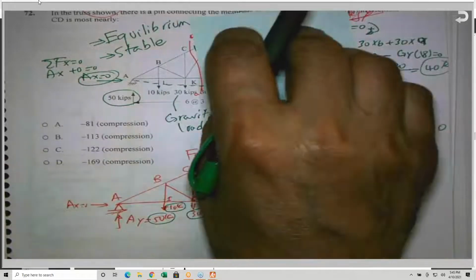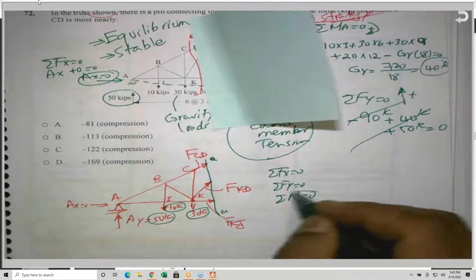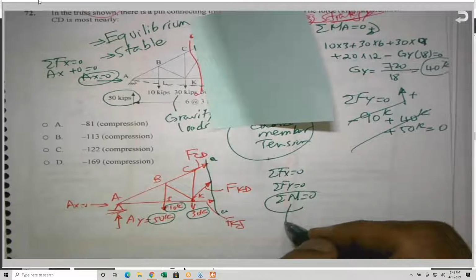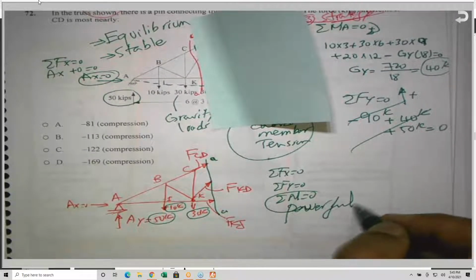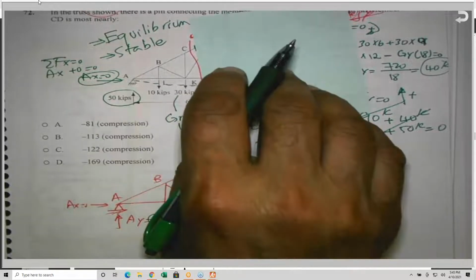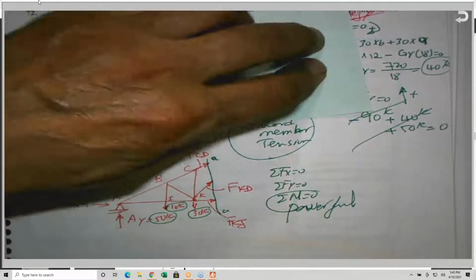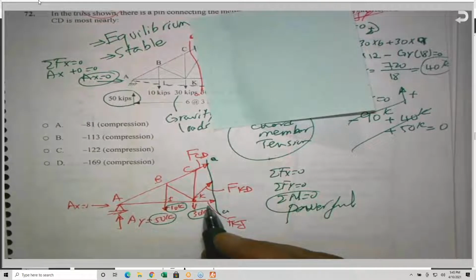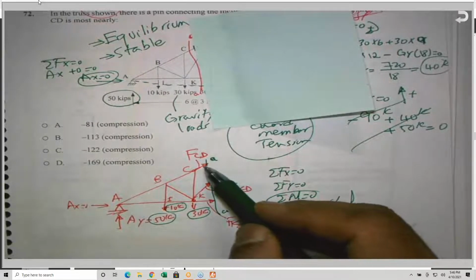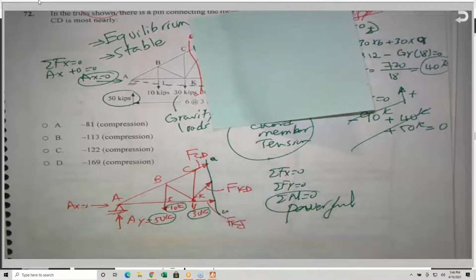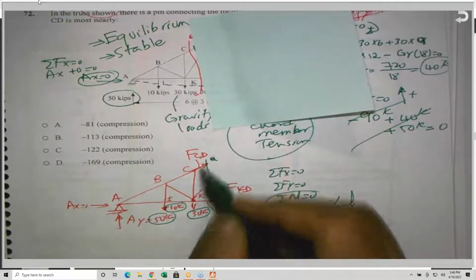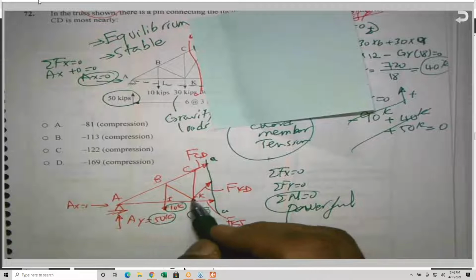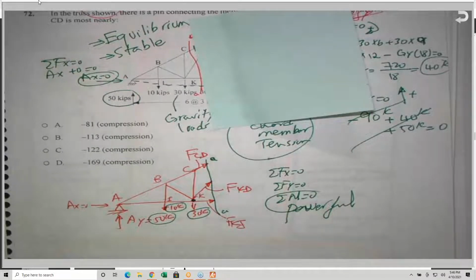I need you to remember that the moment equation is very powerful. Why? Because if I consider this, I have three unknowns. I have this member, and this member, and this member. I am looking for this. This is my goal here. So if I sum moment about this point here, which is K,